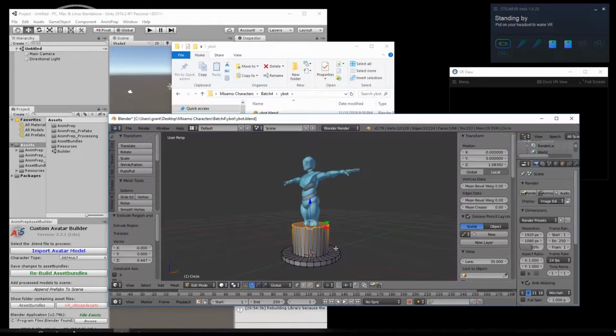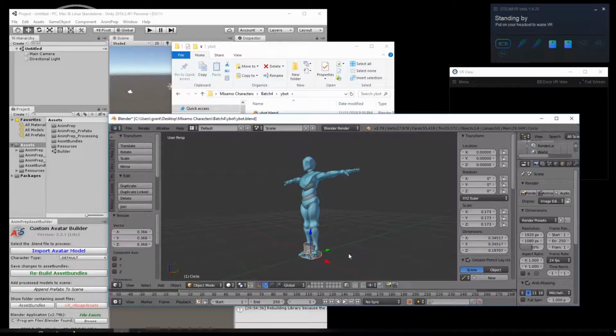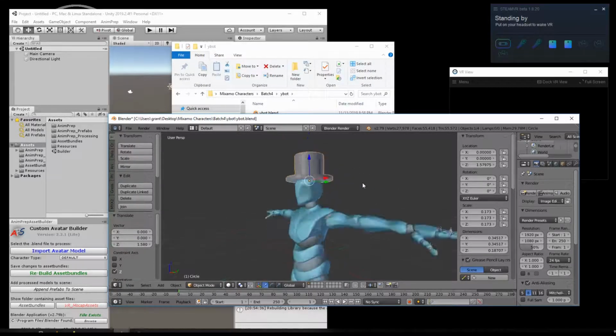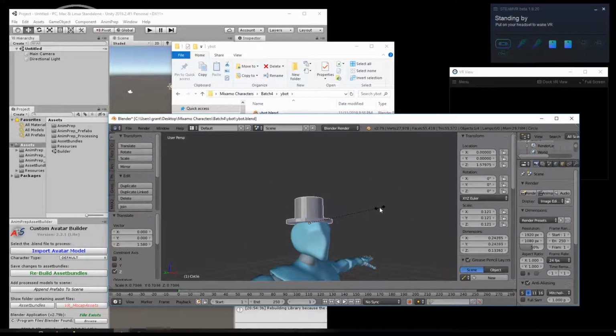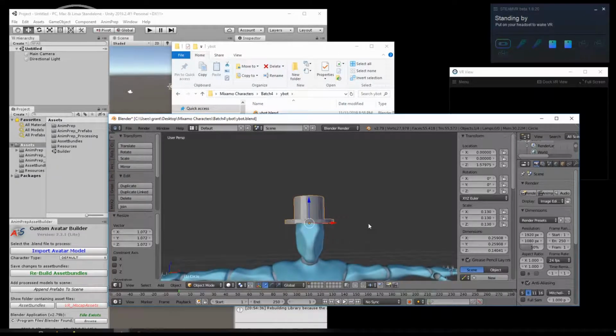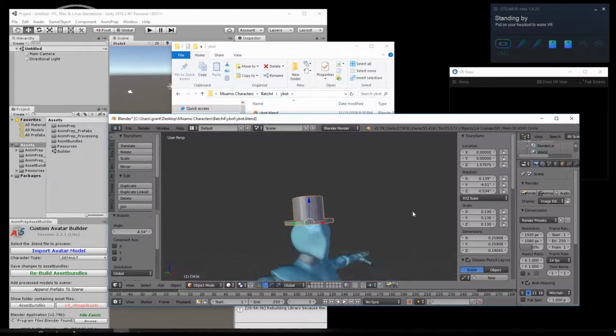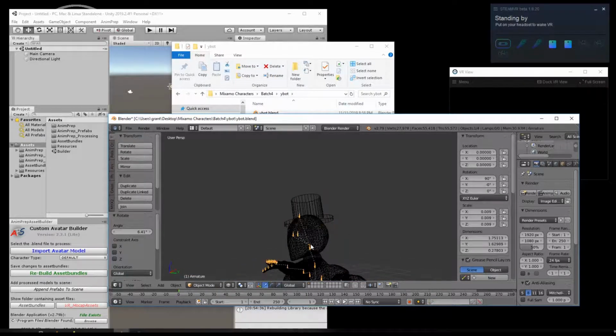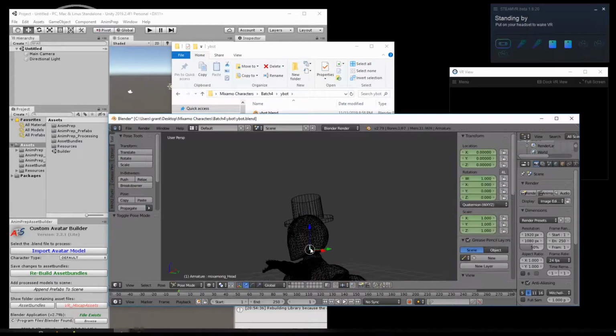That good? There we go. Okay, now, as you can see, when I enter pose mode, that hat is not connected to